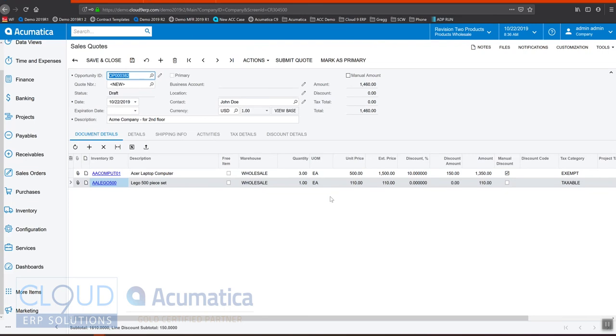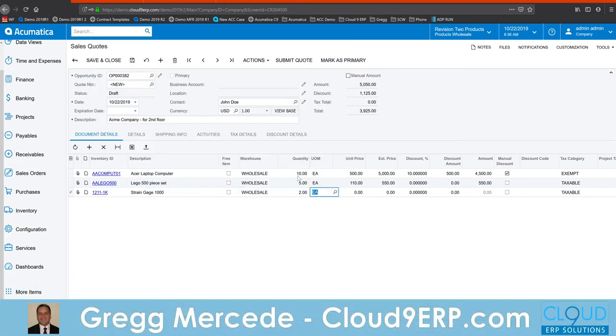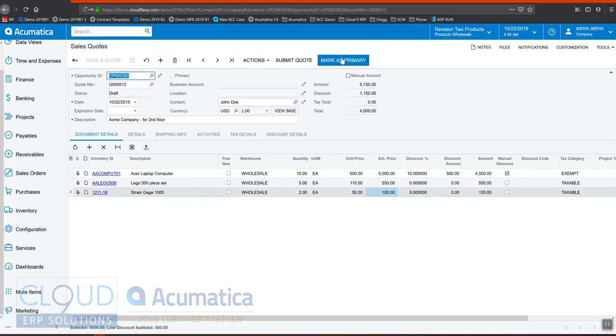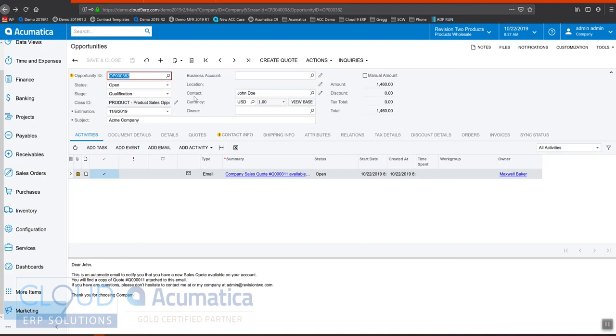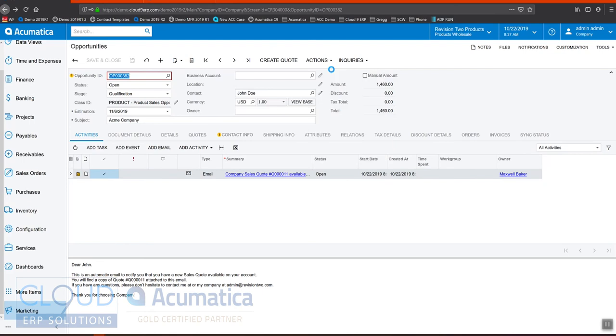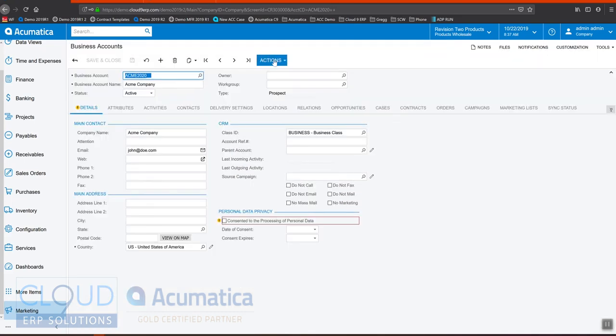So now the customer's asked for another set of items for perhaps their second floor. So we can come up here, we can add different quantities, add different items, and also make this the primary quote and then submit it as a second version. Now when it's all done, I can come up here to Actions, create a business account for the customer, convert it to a customer,